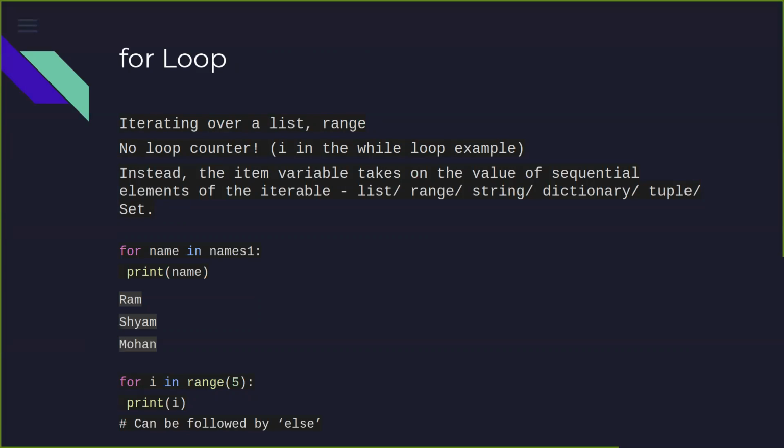And when we say iterables, there are certain other types of data structures which are iterable. So for example, list and range we had discussed already. Even the string is iterable. It means that after we say for i in, we can give a string, or we can give a dictionary, we can give a tuple, we can give a set. And as I mentioned earlier, we will get introduced to these other data types like dictionary or a tuple or a set.